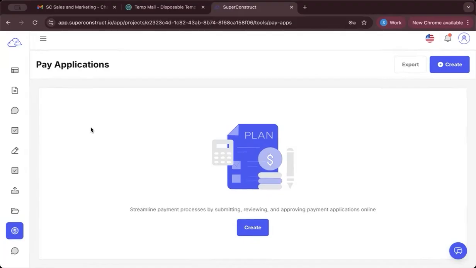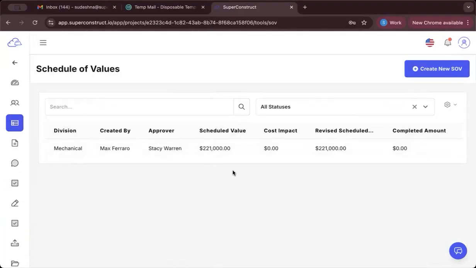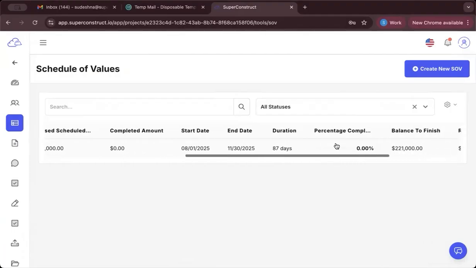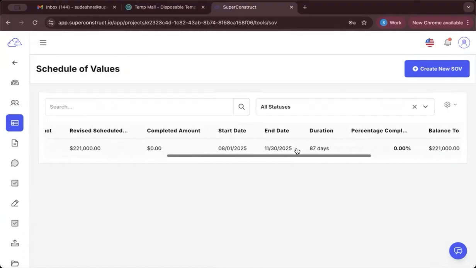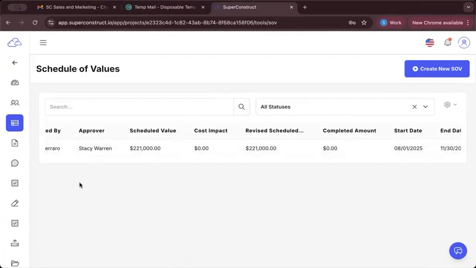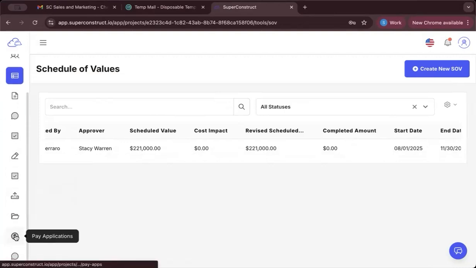Let's go to the switch module option on the left side and click on scheduler values. We can see here that there is an approved scheduler value between the general contractor and the subcontractor. Since the scheduler value is approved, we can go ahead and create the pay application for this SOV. The first step in creation of the pay application is going to the pay application module and